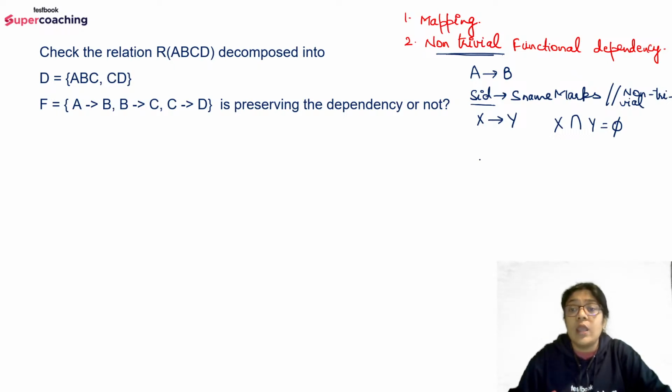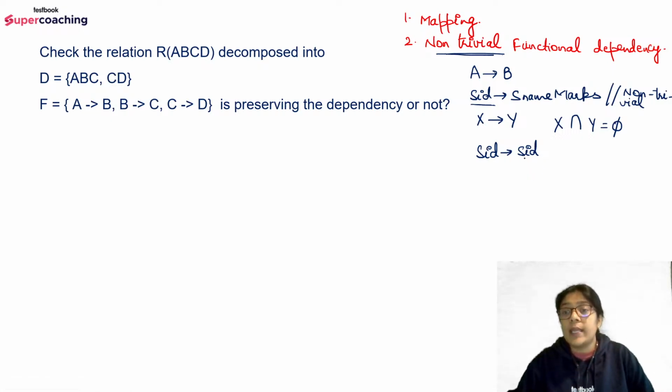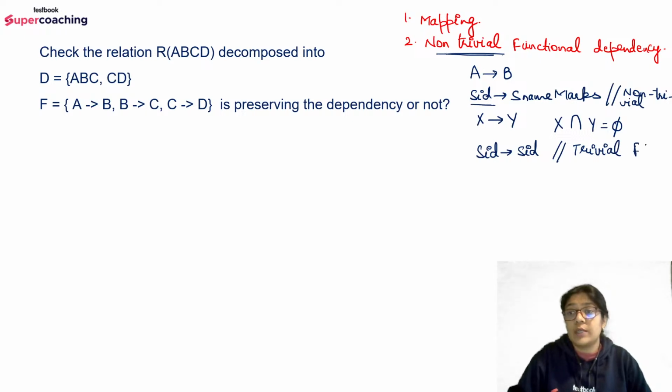Trivial क्या होगी? When an attribute is determining itself. For example, student ID is determining student ID. Sorry guys. Student ID is determining student ID. So this is an example of trivial functional dependency. Make sense? So when we'll be looking for the dependency preservation, we will be looking for the mapping